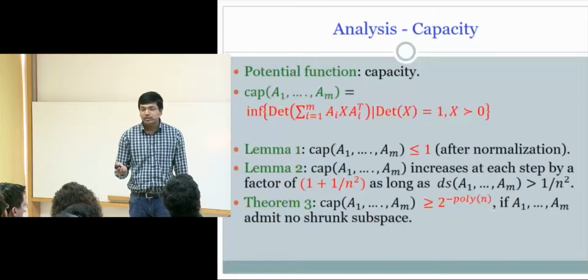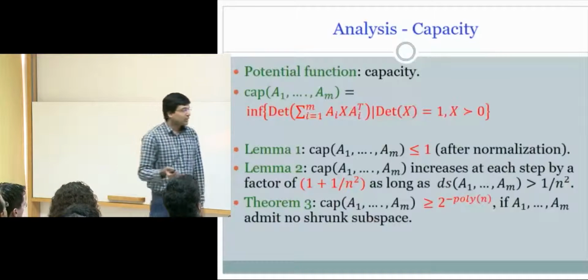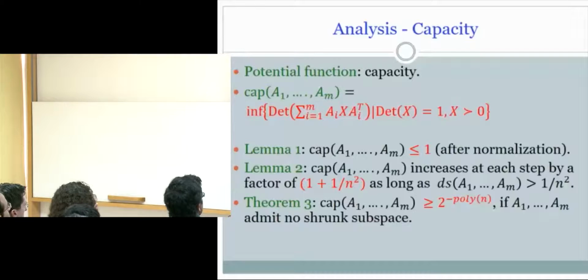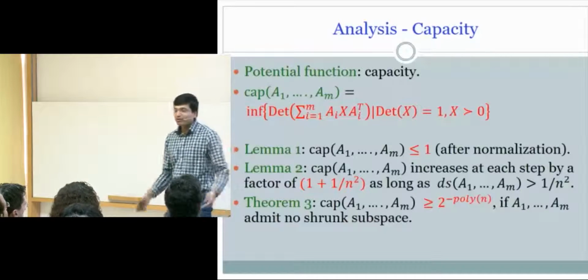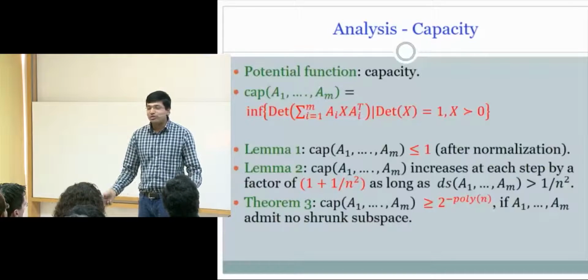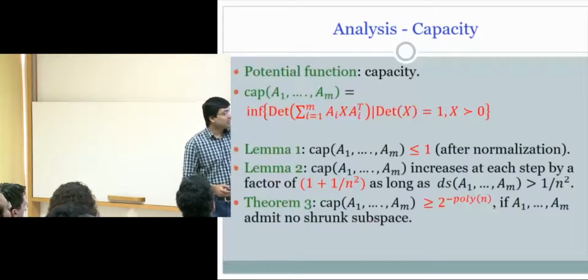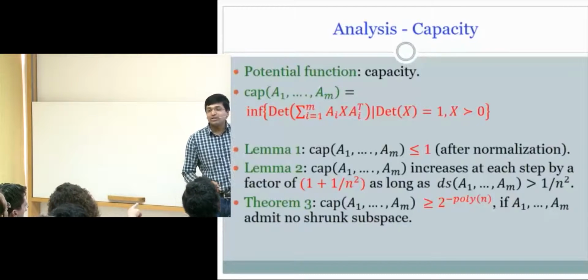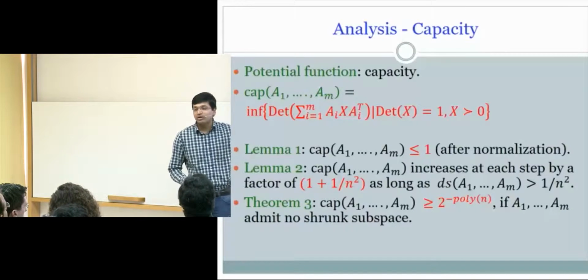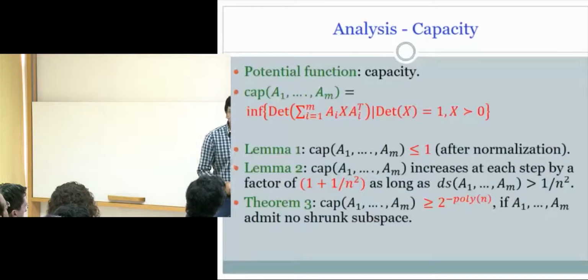If you use the polynomial degree bound, then this becomes n to the polylog n. But it improves the running time of the algorithm maybe from n to the 4 to n to the n squared. But doesn't it make it parallel? No. The capacity is increasing very slowly. It only increases by a factor of 1 plus 1 over n squared. So you still have this n squared.